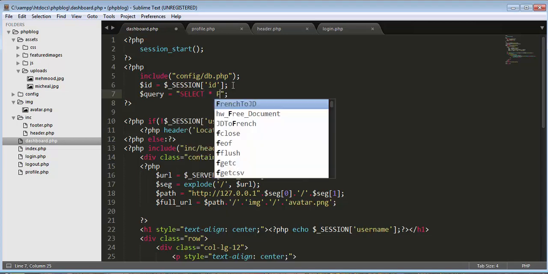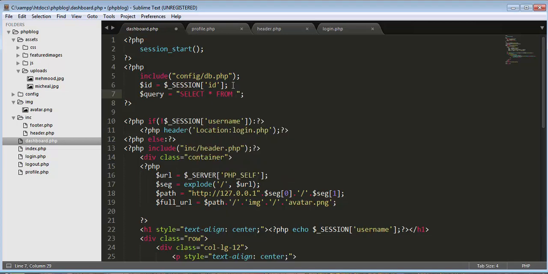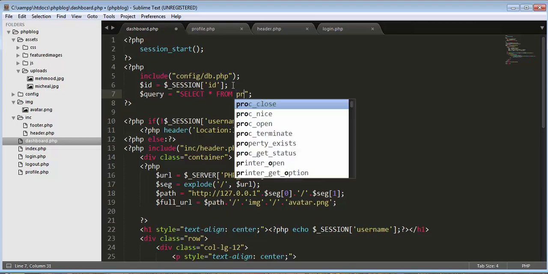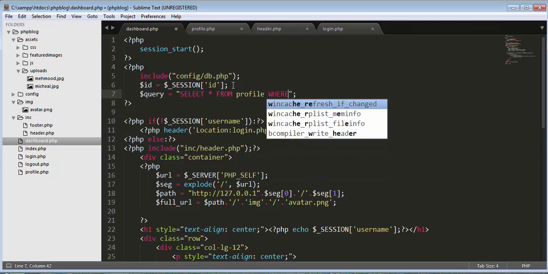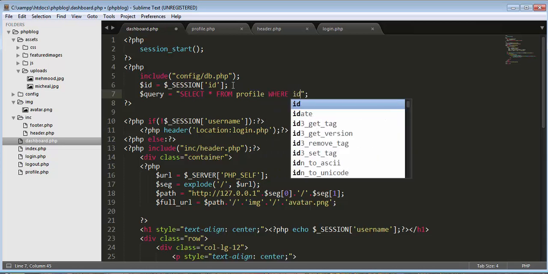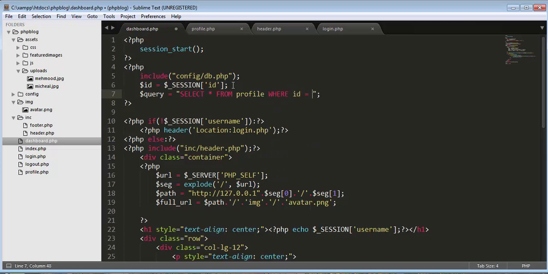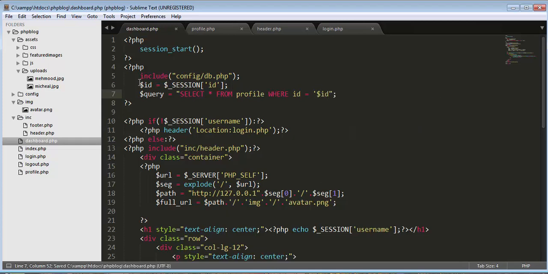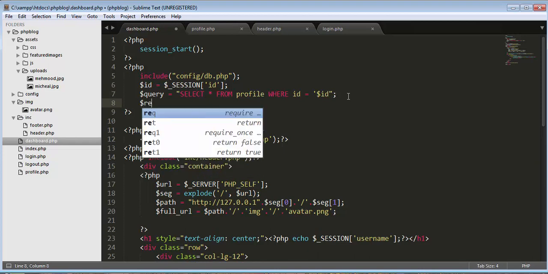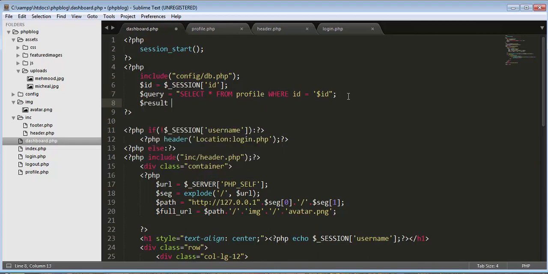If our table contains any row which satisfies this query, if MySQL num rows result greater than 0, if our database table contains the information, then